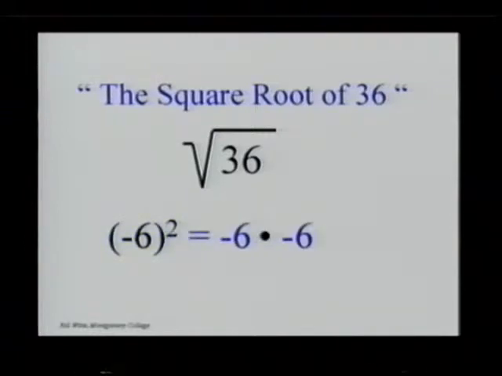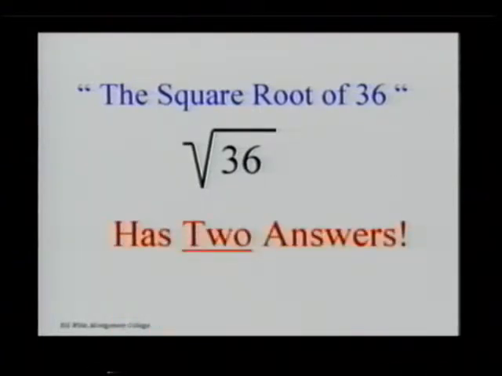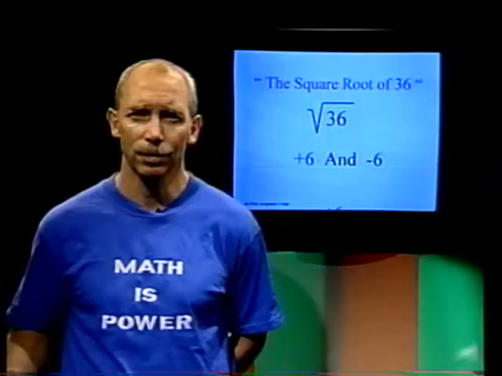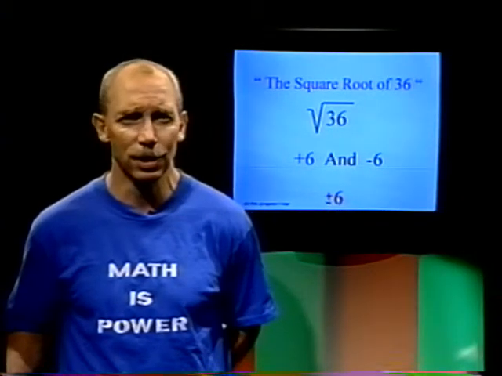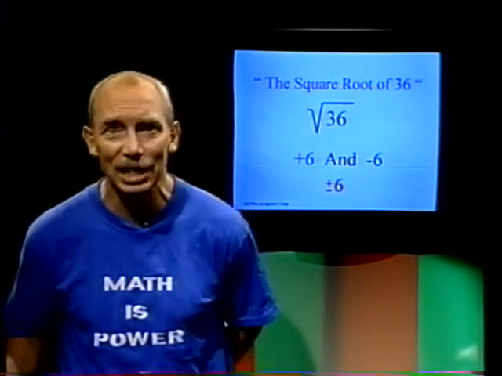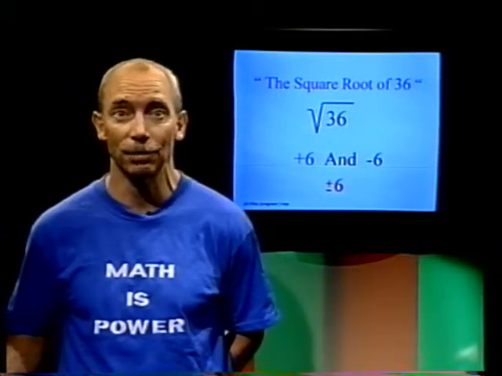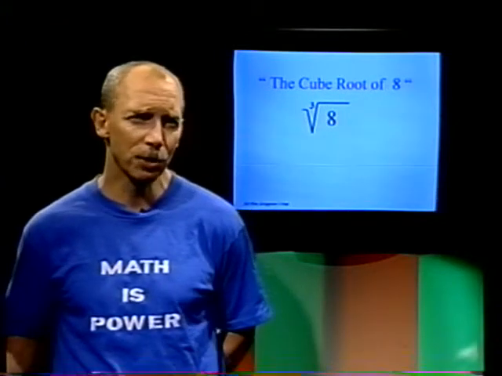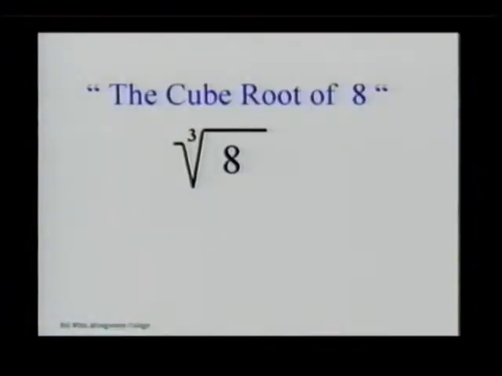Well, if negative 6 squared equals 36, which it does, it is an answer. So the square root of 36 also has two answers, positive 6 and negative 6. And there again, for the lazies, we might see the answers written as plus and minus 6, like that. Now, if we consider the cube root of 8,